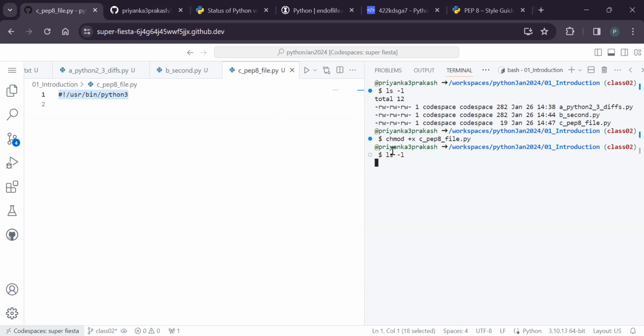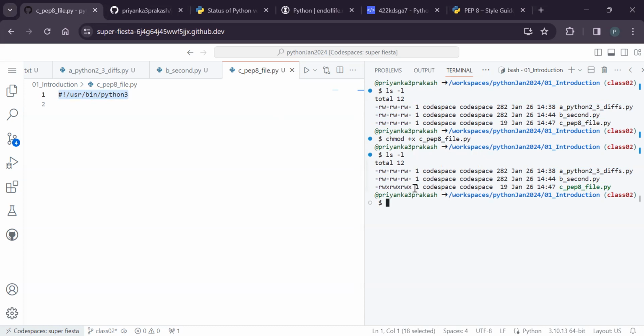Now, if I do ls -l, did you see that the x option came? And did you see the color changed, for you to understand? It means it became like an executable. So if I say ./ so and so,